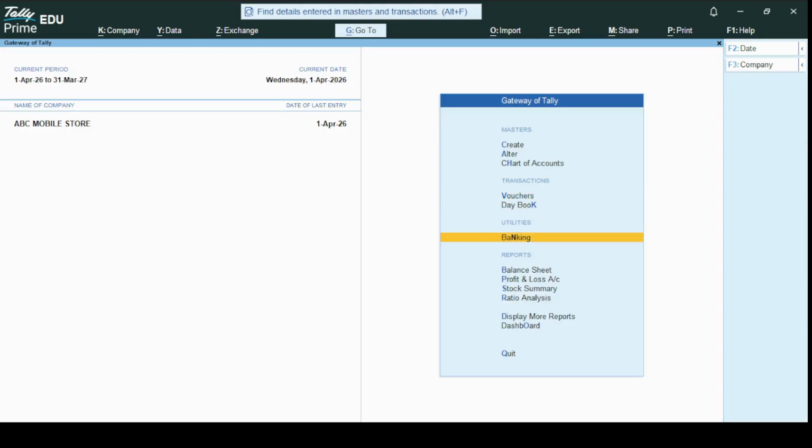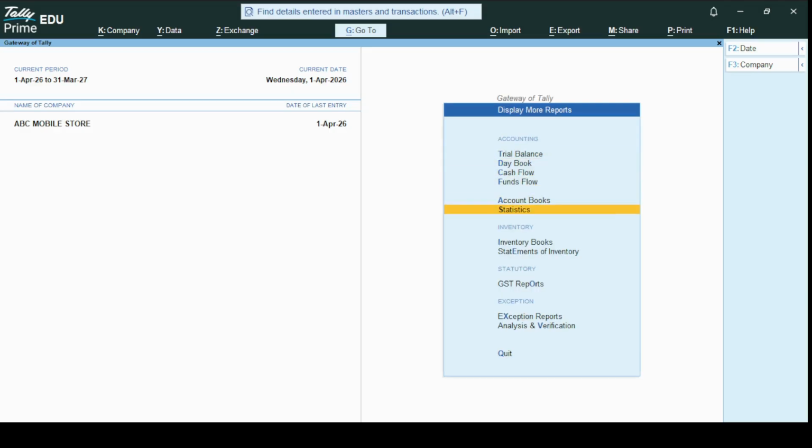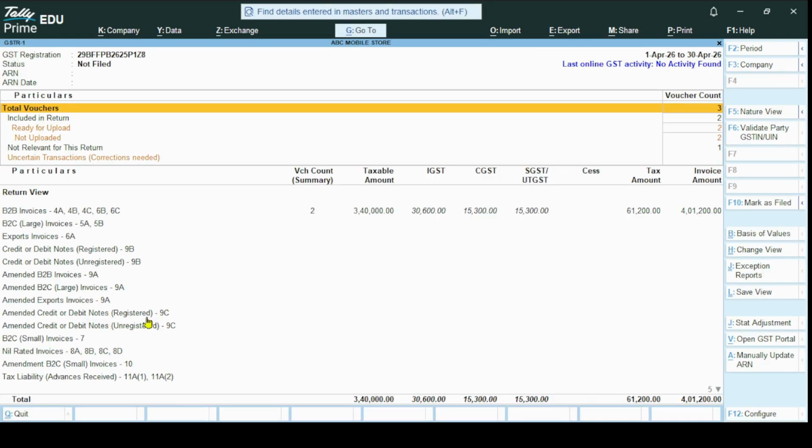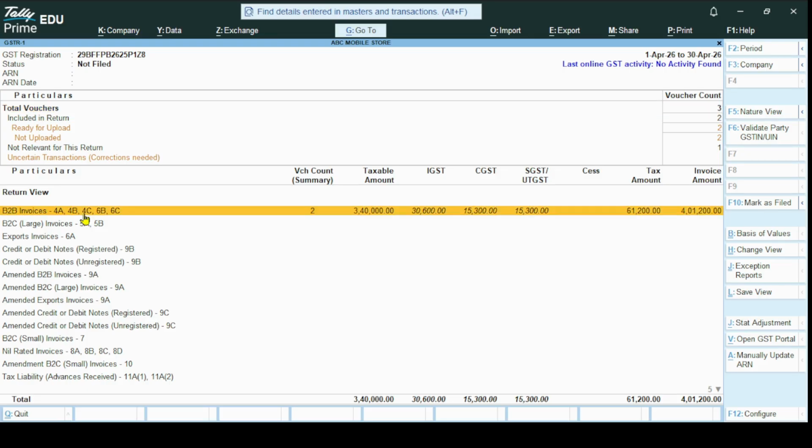Now go to display more reports, press enter. Go to GST reports, press enter. Now go to GSTR1. Here you can see the sales. See here B2B invoices, 2 numbers. These are the 2 sales invoices we have made, and this is the IGST, CGST, SGST and total tax amount,